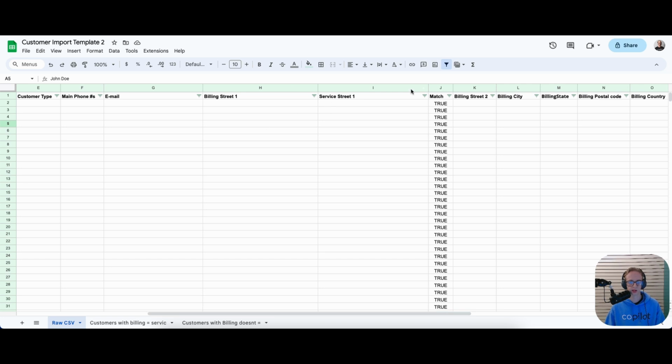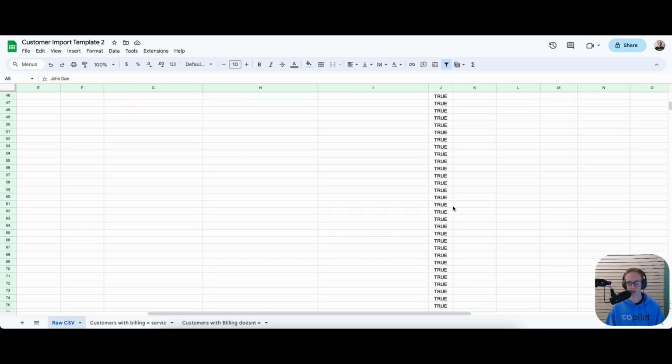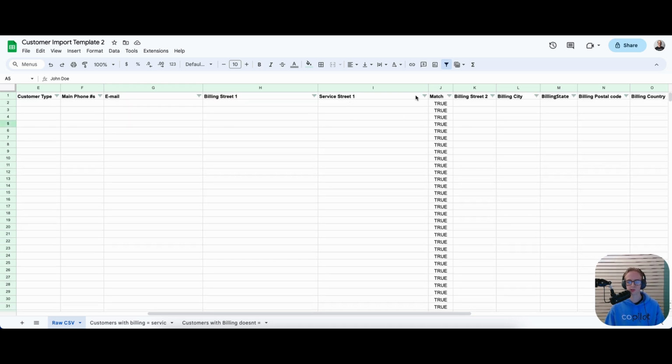Then we also have this match filter, which we have set to true right now. So what does that mean? This will take a look at the billing street and the service street. This is especially nice out of Service Autopilot. If you put in your billing address and then your service address, it will see if they're exactly the same. So let's say our address is 123